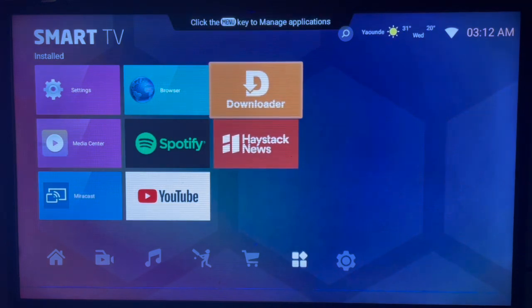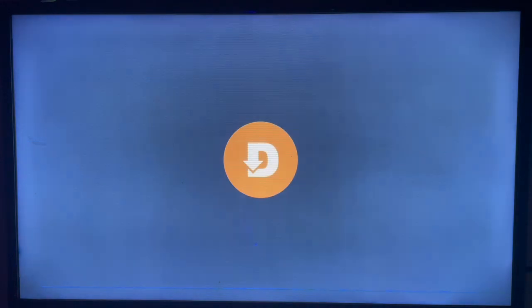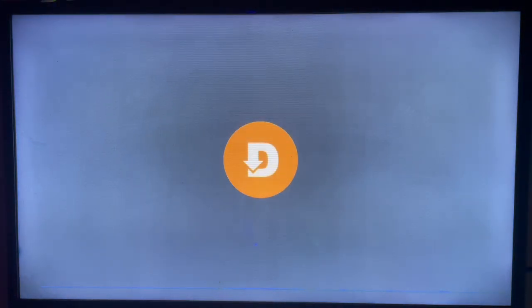Now, Downloader is an application I use to install apps to my smart TV without Google Play Store or App Store. So how does it work? You come over to Downloader and launch it, and here's how the interface is going to look like. So Downloader helps you to search apps from across the internet and install them or download them to your smart